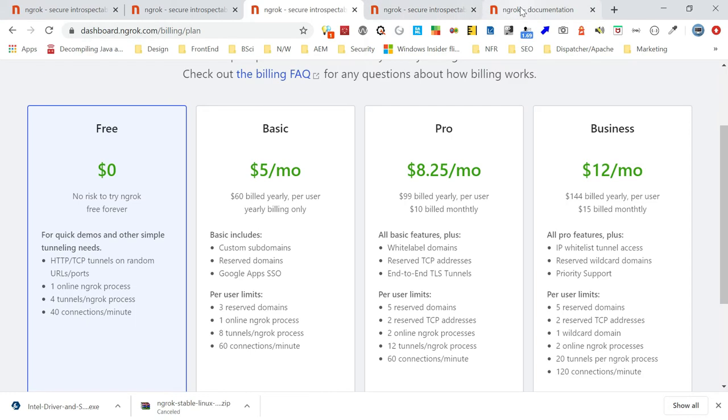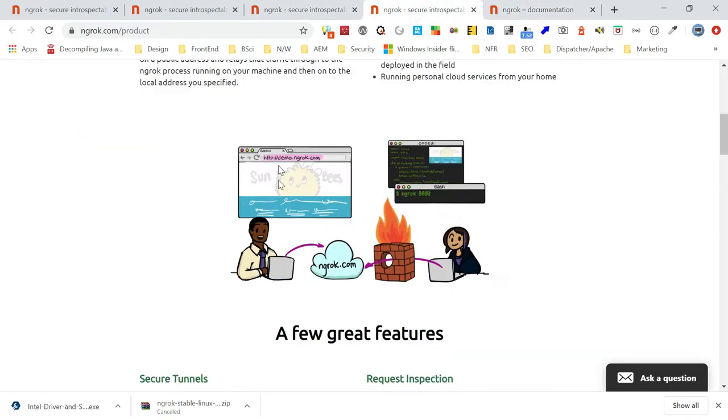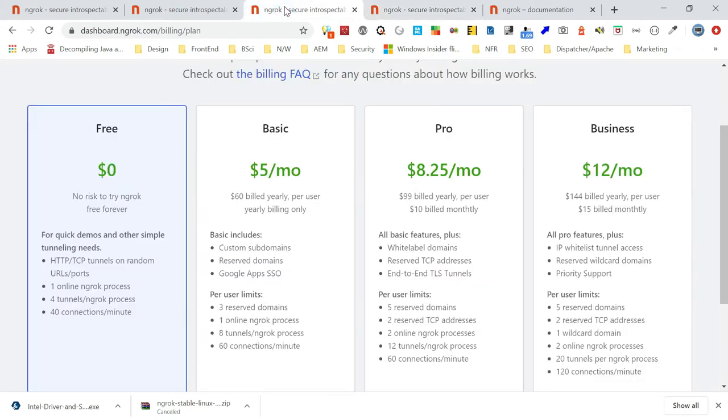So this URL, the cloud URL we are going to use, like demo.ngrok.com, on the free plan is randomly generated and temporary. If you want to use the same URL every time, you need to upgrade to a paid plan so that you can use the subdomain option for a stable URL. Otherwise the free plan will be enough. If you want to use any of these advanced features, you can go for a paid plan.